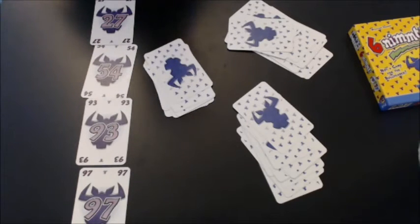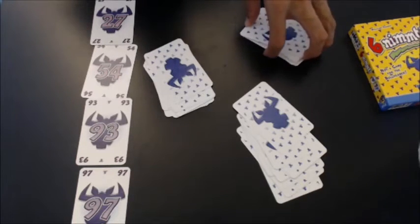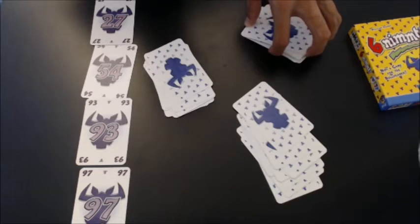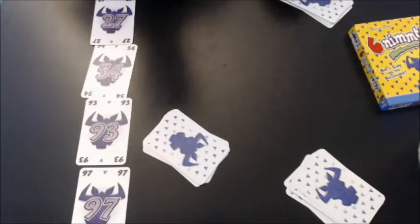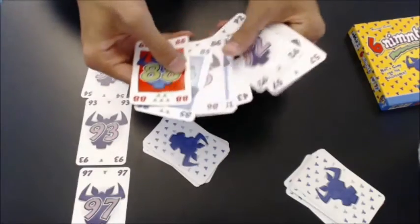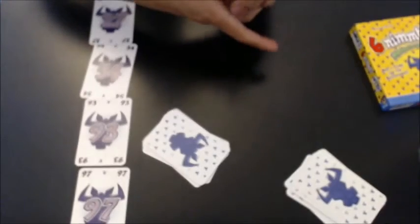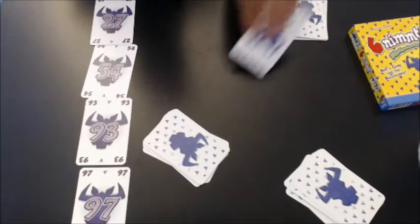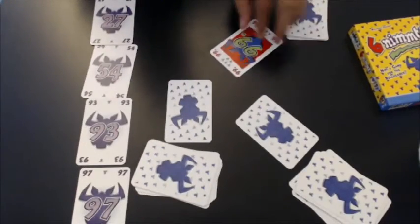Now, to play the game, it's pretty simple. Everybody picks a card from their hand. They can choose whichever card they want, and they place it face down. Once everybody has placed a card face down, it's time to reveal. Just for the sake of illustrating this game, I will go ahead and deal from the top of each one. In reality, each player will look at their hand, see what they've got, and try to play their cards accordingly. So let's say he puts this one down, this one goes down, and this one goes down. We flip the cards up,